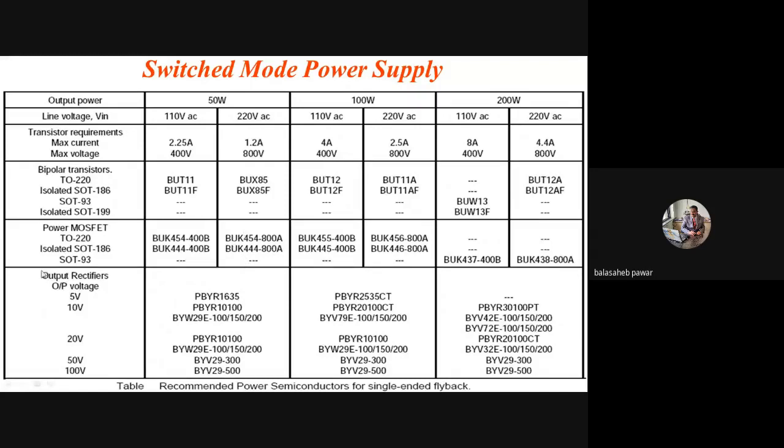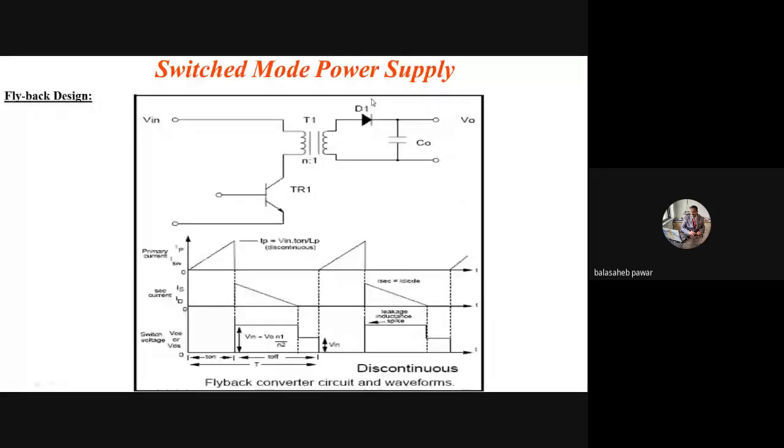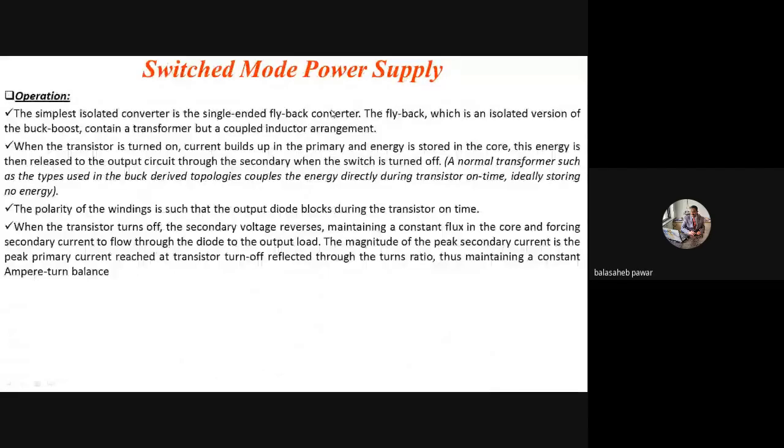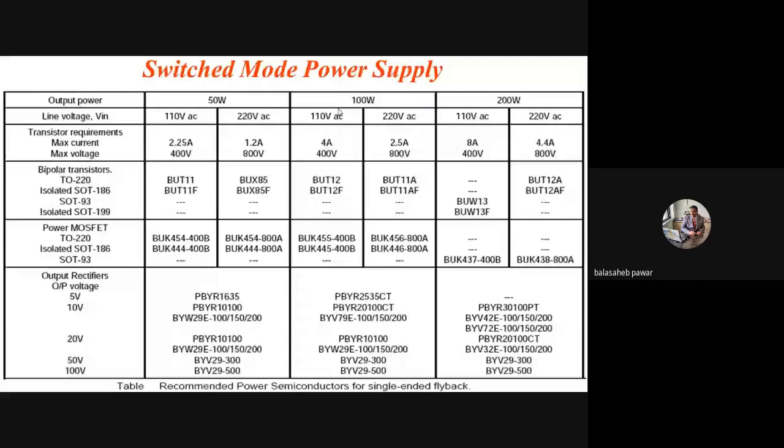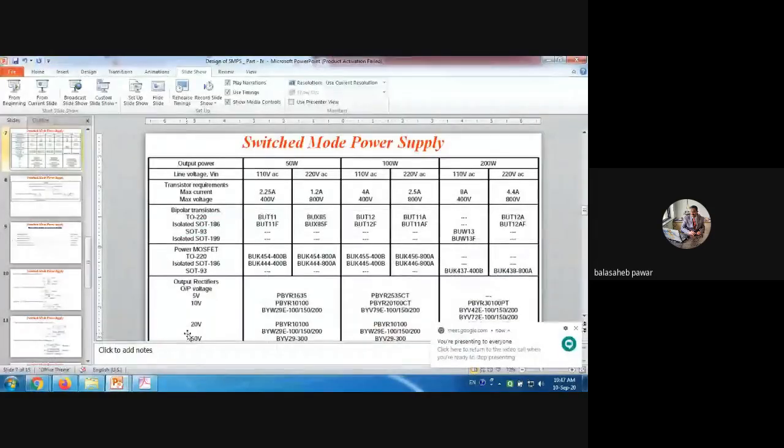Then output rectifiers, output voltage. Output rectifier means what? In that previous diagram, over here, there is nothing but the output rectifier. Okay, single ended with the filter capacitor. Right. Now remember one more thing, the secondary winding itself is acting as a filter also. Okay, that means the actual filter looking at this diagram is an LC type of filter with that single ended rectifier. So the diode or rectifier which we should prefer depends again on the output load voltage. Okay.